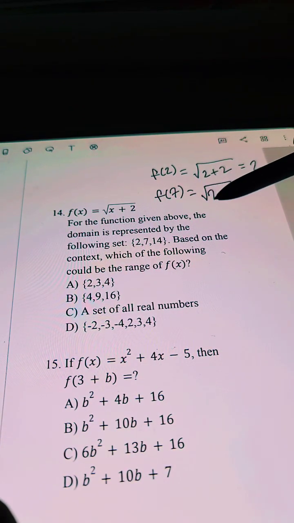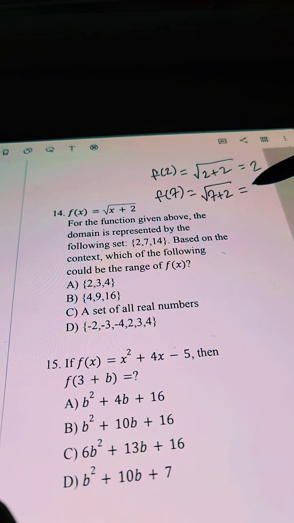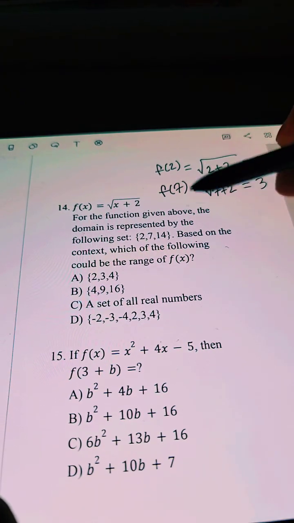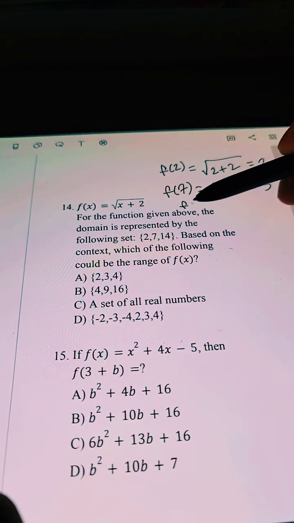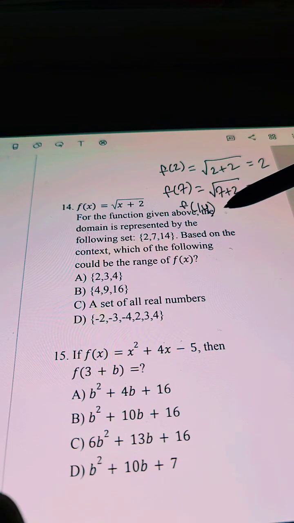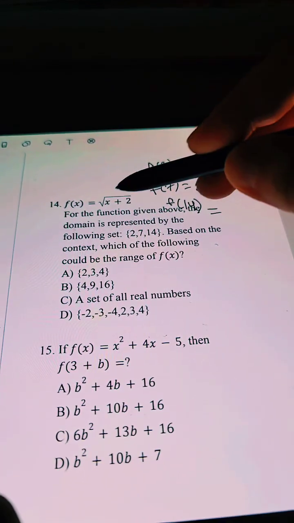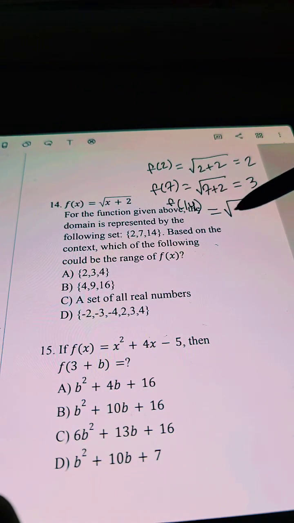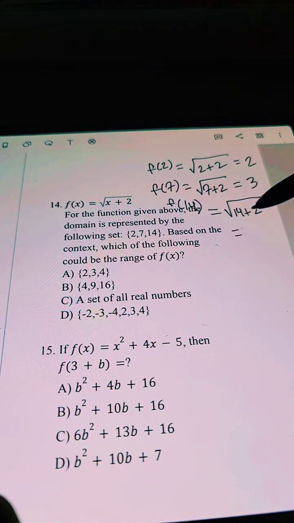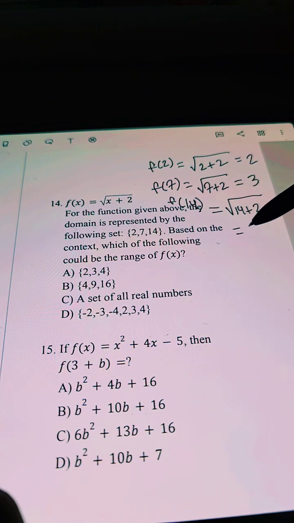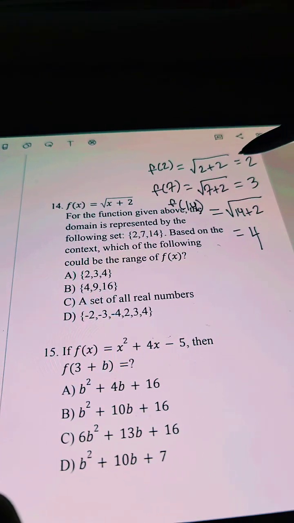So then it's going to be the square root of 7 plus 2, square root of 9, which is just equal to 3. And then we're going to say, okay, what about if we have f of 14? Well, if we have f of 14, then that's going to be the square root of 14 plus 2. I'm running out of space, which is equal to the square root of 16, which is just 4. So it's going to be